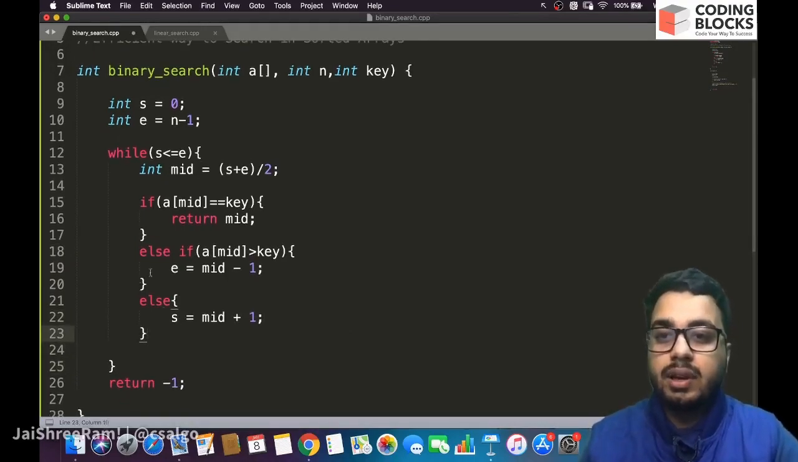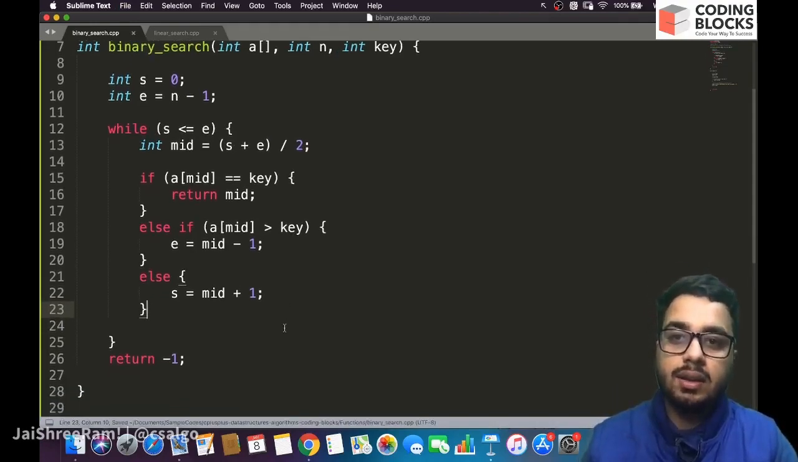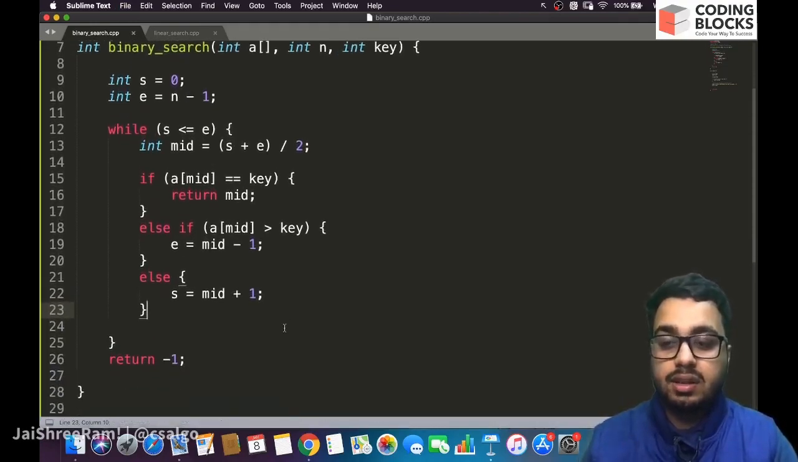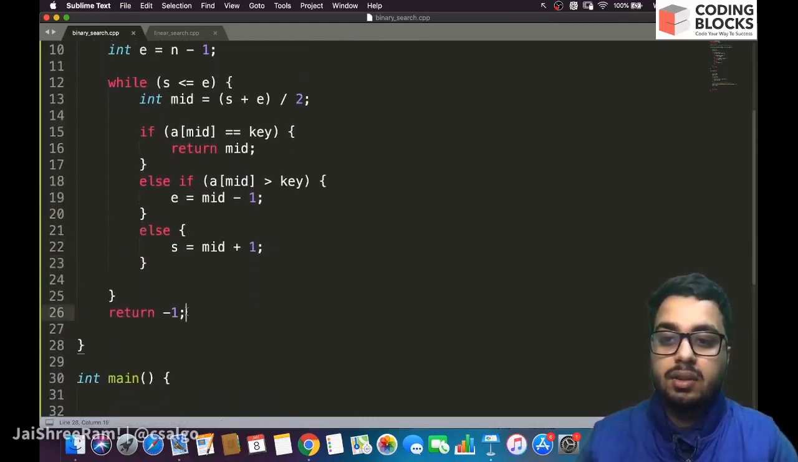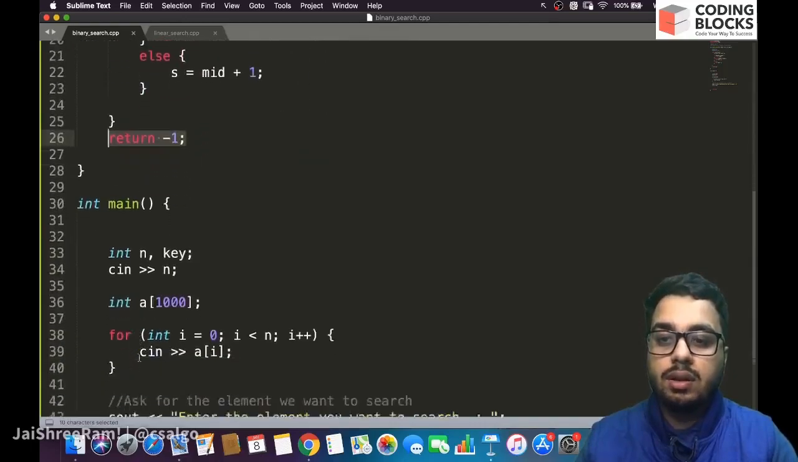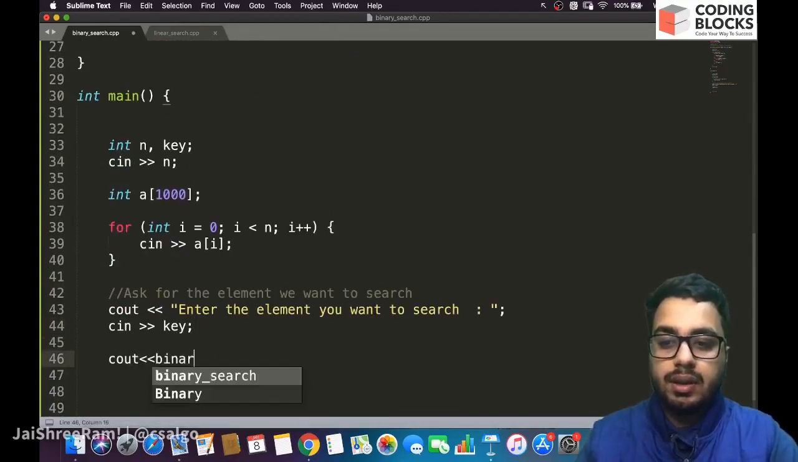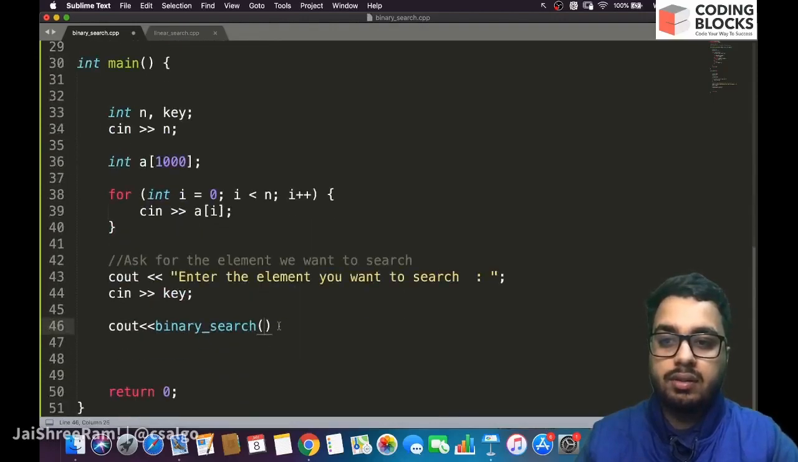Okay, this is the complete code of binary search, and this is going to function exactly in the way that we have discussed just now. So return -1 will execute if we come out of the loop and the element is not present, and here we can call the binary search function. Okay, so we can say cout binary search of whatever is the array, what is the number of elements in the array, and whatever is my key. That's it,